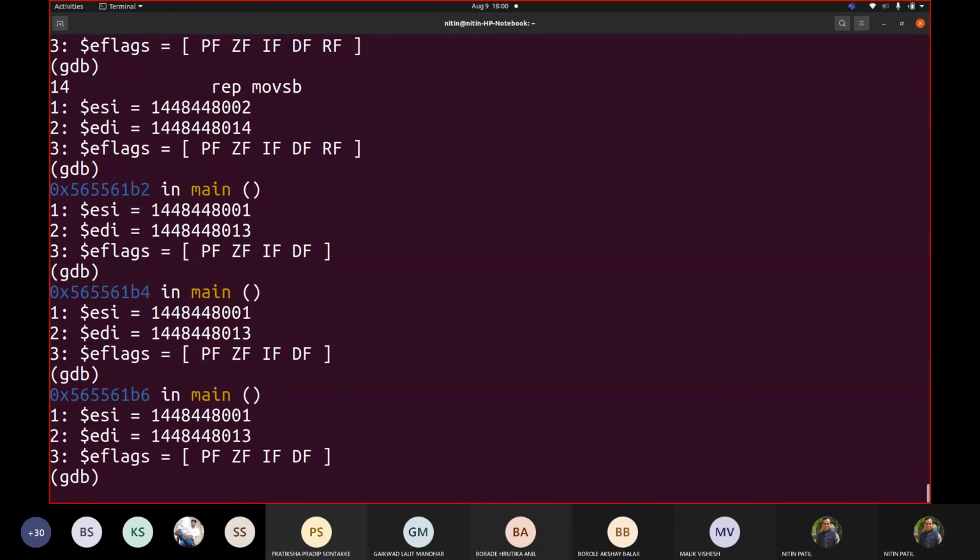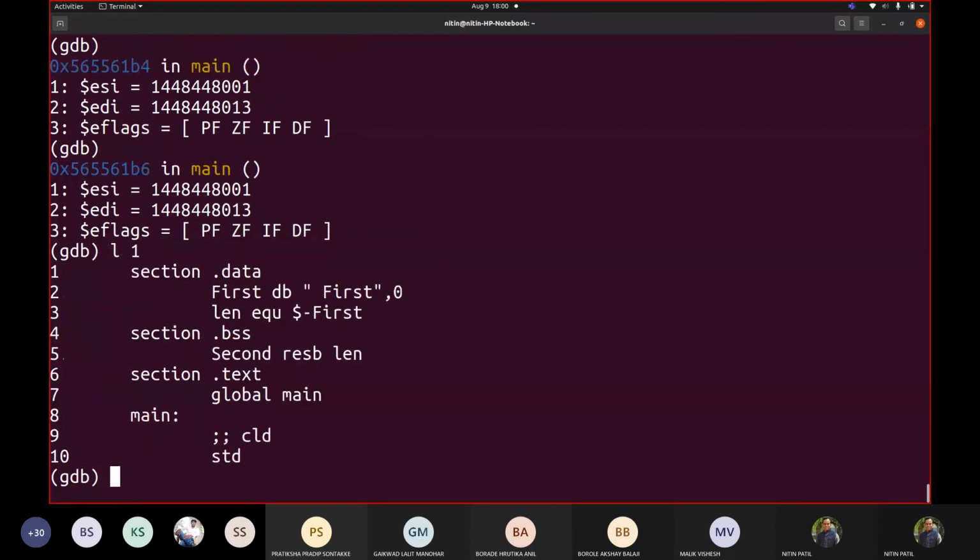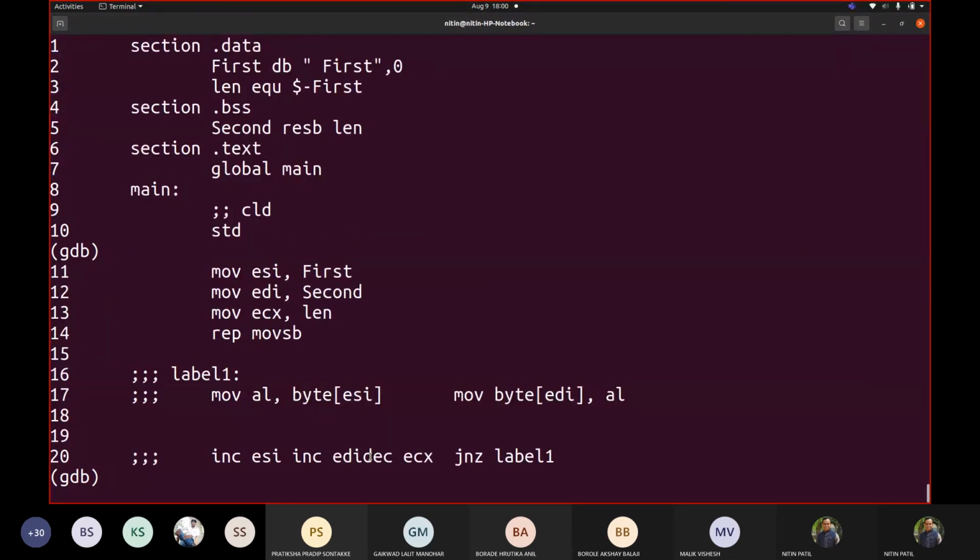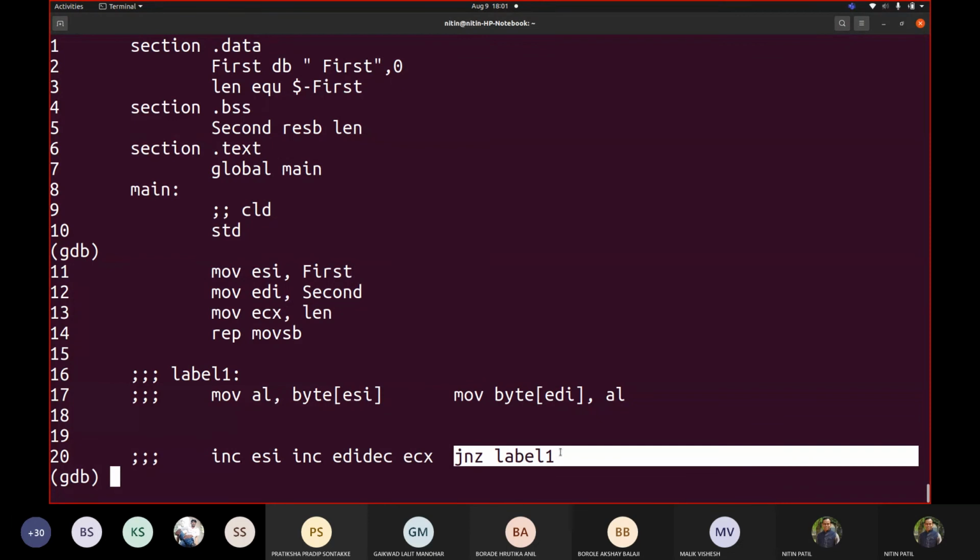That's why this ZF is shown. But if I simply use my earlier code, which we commented out right now, arithmetic instructions come into the picture because we wrote decrement ECX there. If you see the code, you can see I added the decrement ECX. This line was there. That's why that zero flag got affected. And that's why we could write this jump not zero to label 1 in our earlier code. Right?